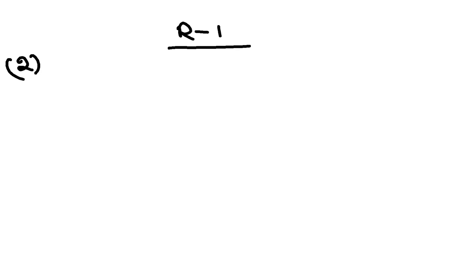Revision 1, question number 2. Few numbers are given and you have to check whether they are in proportion or not. The first one is the set of numbers 2, 6, 6 and 8. So if they are in proportion, then the ratio of the first two numbers should be equal to the ratio of